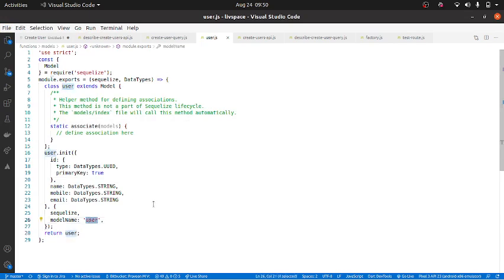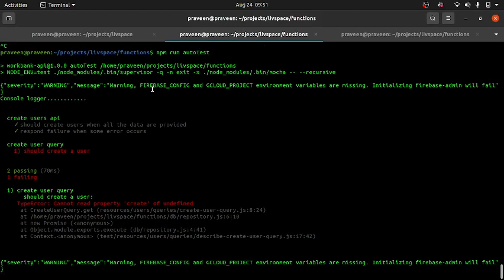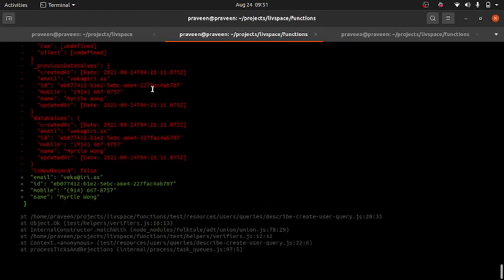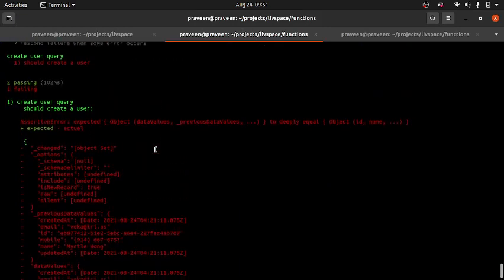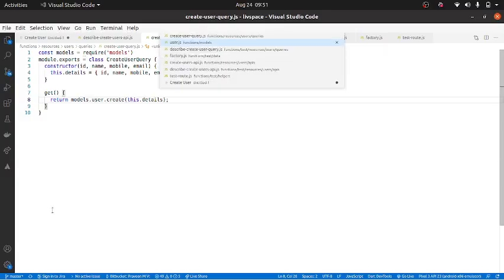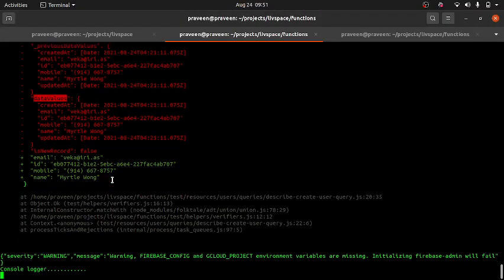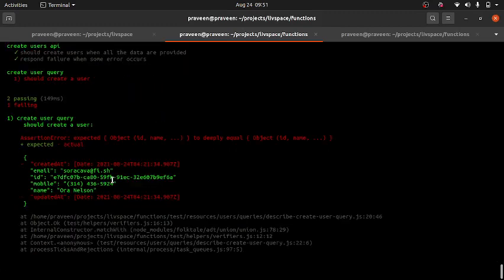It is user and not capital U. So model.user. Okay, and only thing is I just need the data values. That's it. So here instead of describe create user, I'll basically tell dataValues. To this, and I think it should work, only thing is the created on will be the problem.